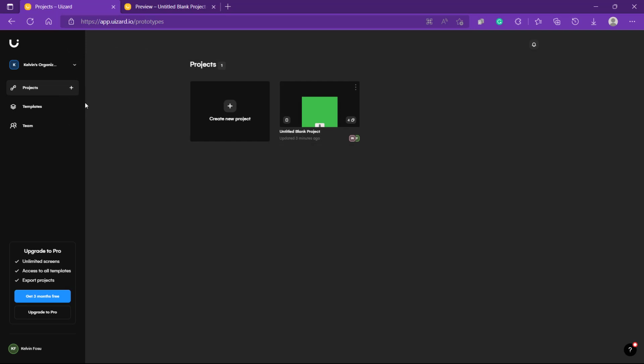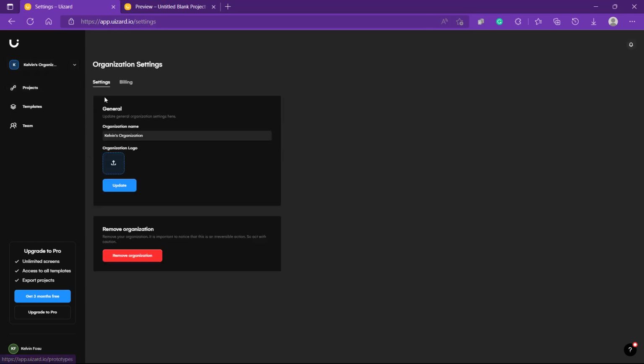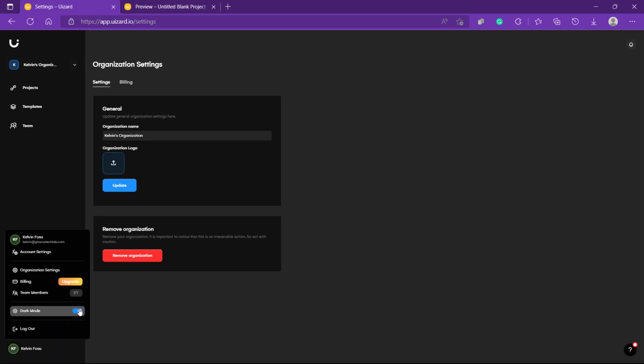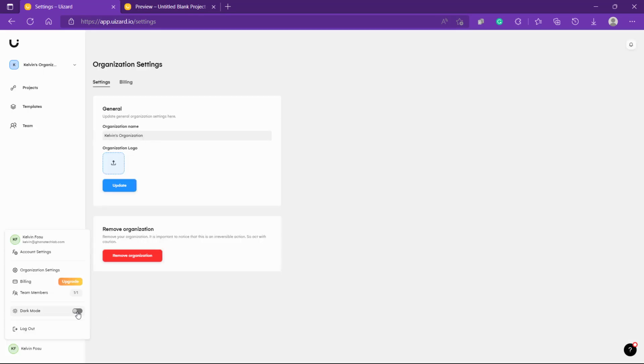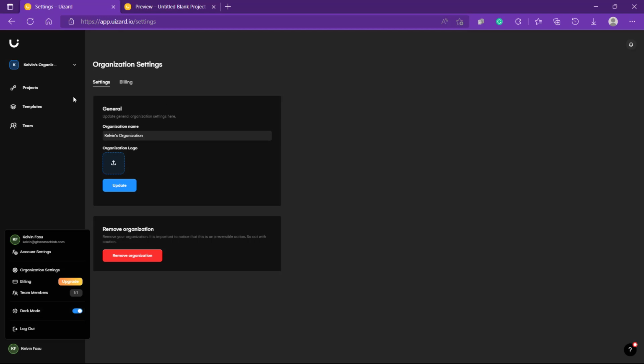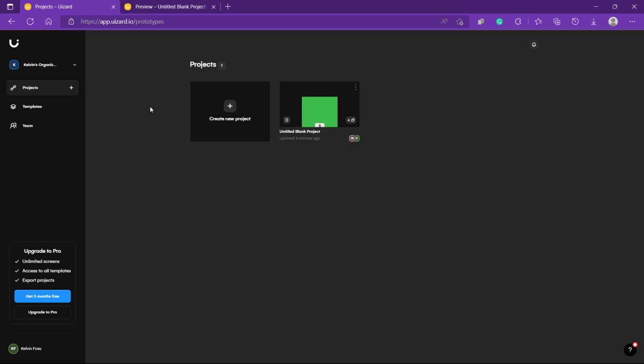I have a dark theme, so you can change it by going here. You would have to go to your name here, and then toggle the switch. I like the dark theme, the light is not easy on my eyes. Now when you're done, you go to projects. And then remember, Wizard gives you